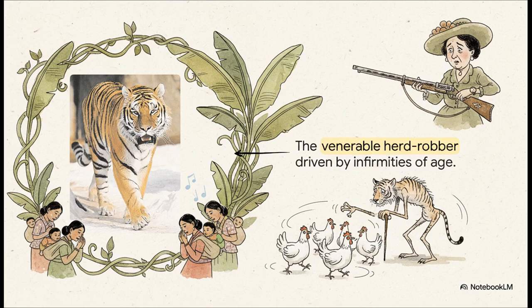The greatest irony here, students, is that the villagers' biggest worry wasn't that this tiger would attack them. Not at all. Their biggest fear was that this incredibly old, weak tiger might simply die of old age before the Mem Sahib could even shoot it. Mothers returning from the fields even hushed their singing babies. They would literally quieten their infants so they wouldn't disturb the restful sleep of this tired old tiger. They desperately wanted that 1,000 rupees, and they needed the tiger alive just long enough to be shot.